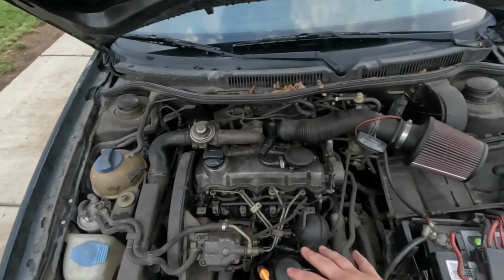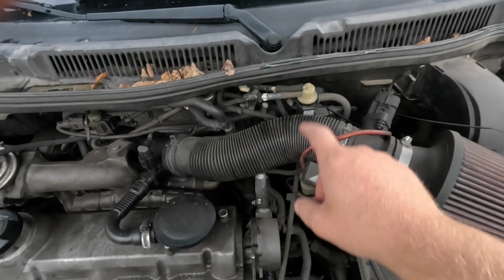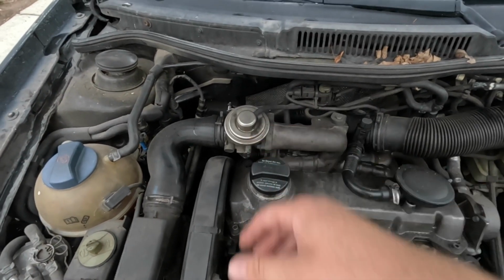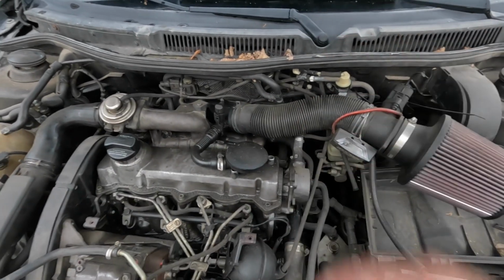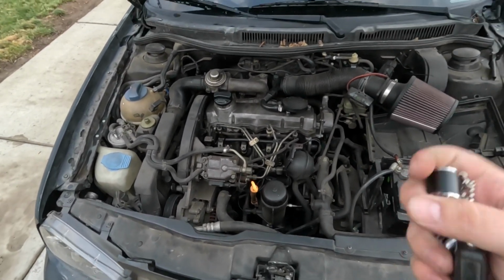that I don't need. I'm gonna need the computer, the N75 valve. That's the EGR. I don't know what I'm going to do with that quite yet. Obviously get a bigger exhaust on there and have some fun with it, but for now that's the diesel engine